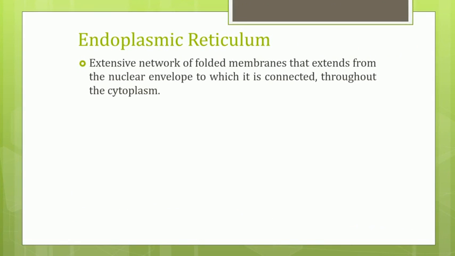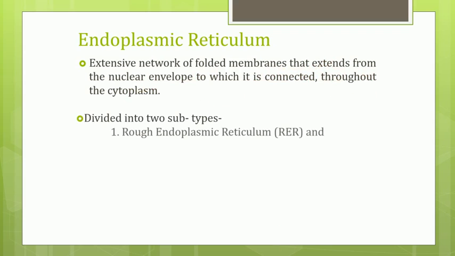Yes, to summarize, the endoplasmic reticulum is an extensive network of folded membrane which is present throughout the cytoplasm, and it is attached at one end to the nuclear envelope. Now this ER is of two types as we have discussed, that is rough ER and smooth ER. What is the difference? Have you understood? When the ribosomes are attached on the surface, it is called rough ER. When ribosomes are absent, it is called smooth ER.